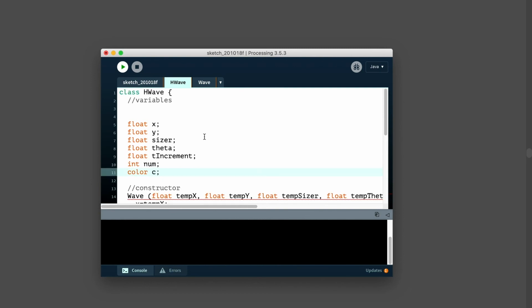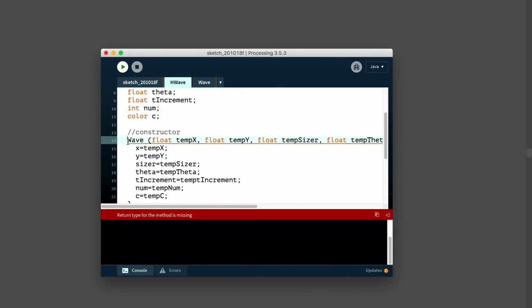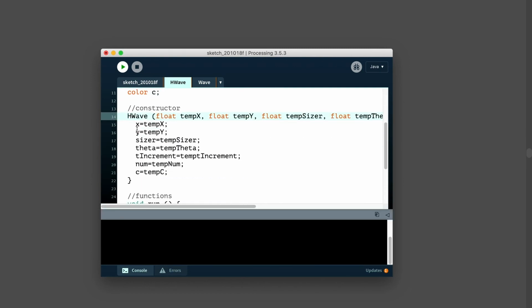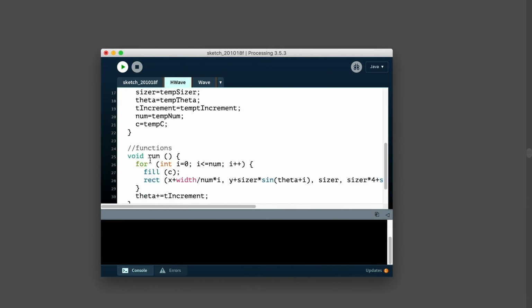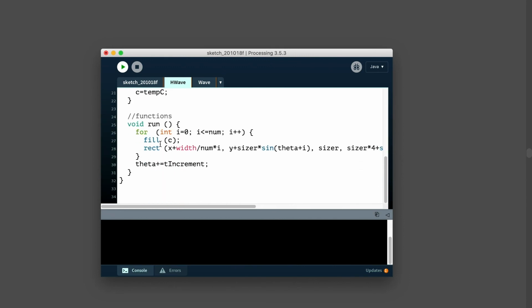So luckily, I think we can change just most of it. Where it says wave, we'll change to h wave, and then we'll change the way that this is moving. So instead of the sine waves acting on the y-axis, or on the y values up and down, we'll take this part.